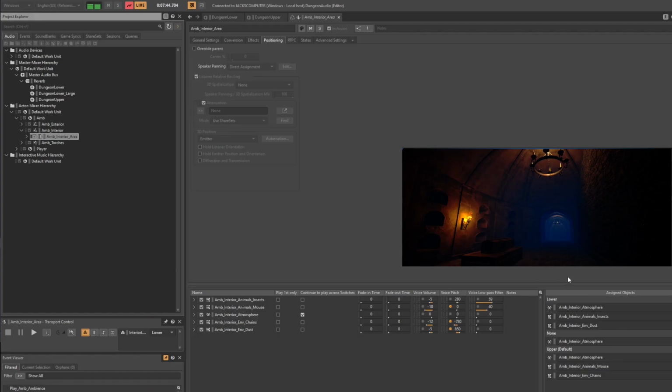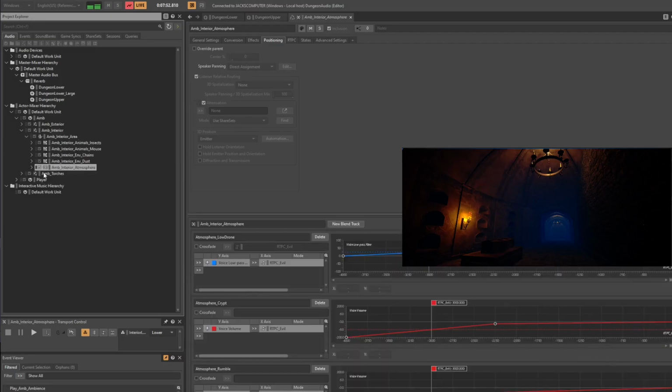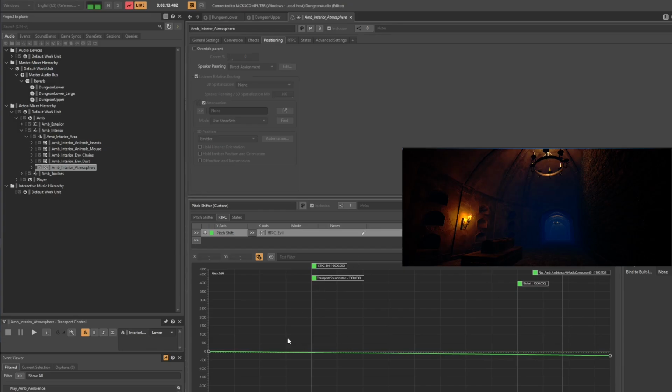Regardless of which one we pick, there will always be a basic ambience playing, but if we delve a little bit deeper into the atmosphere blend container, we can see that based on different RTPCs there's a low pass being applied, as well as some things being brought up in volume. This is the evil sort of the ambience you're hearing being added. And we've also got a pitch shifter happening just slightly,